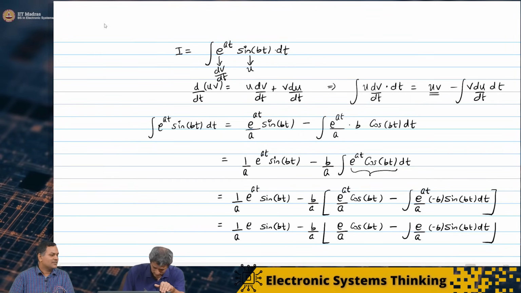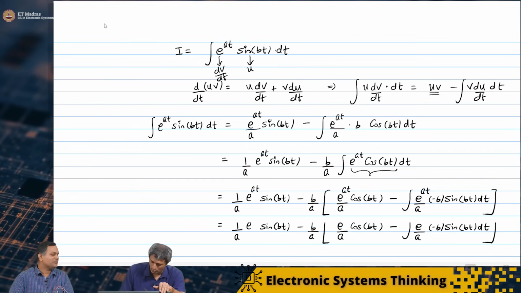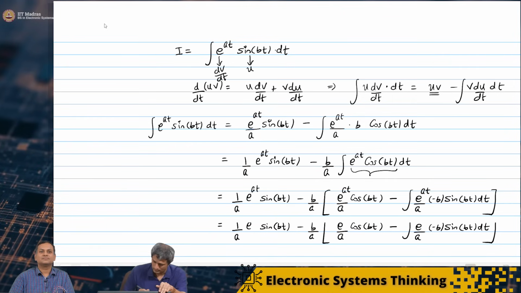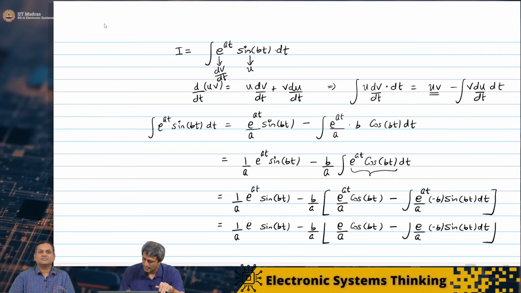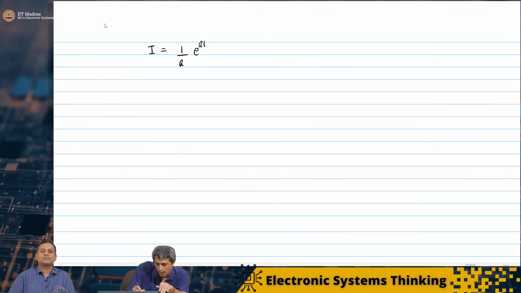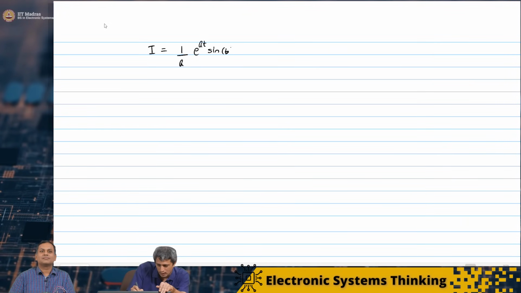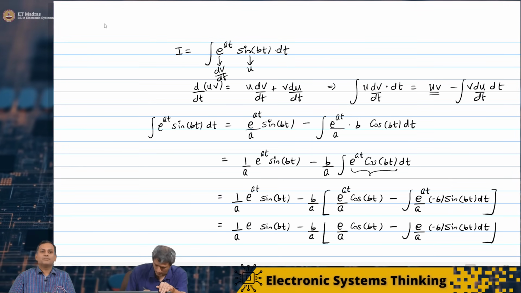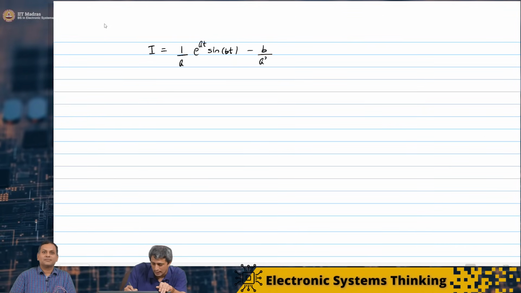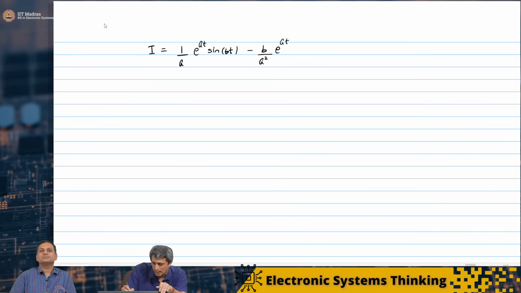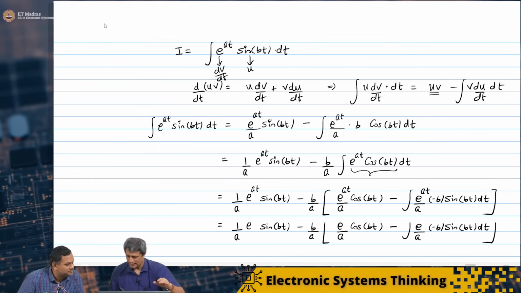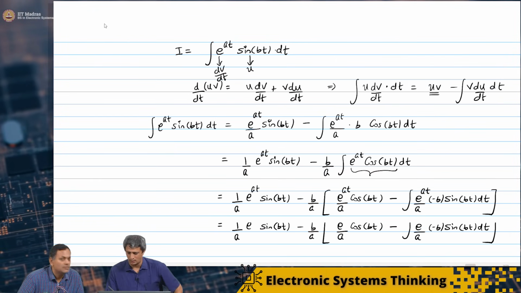Maybe you can write it in terms of I. Exactly, I am going to write it in terms of I. So I is equal to 1/a e^(at) sin(bt), minus b/a squared e^(at) cos(bt),